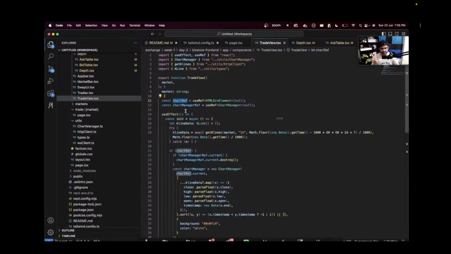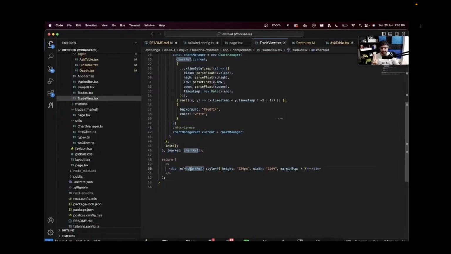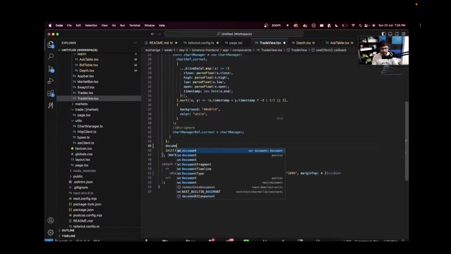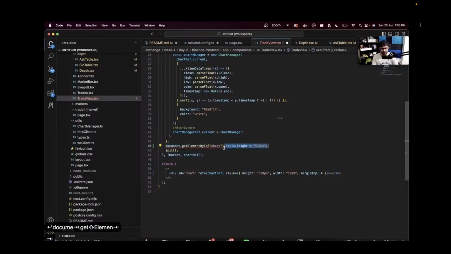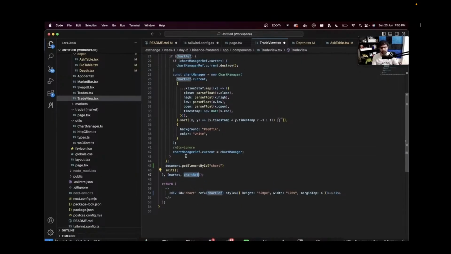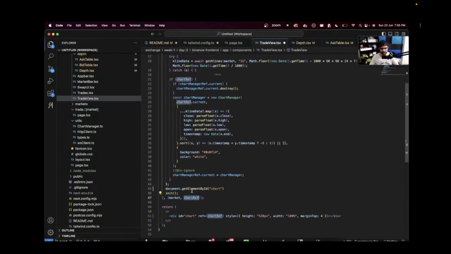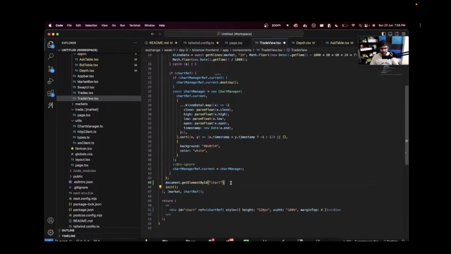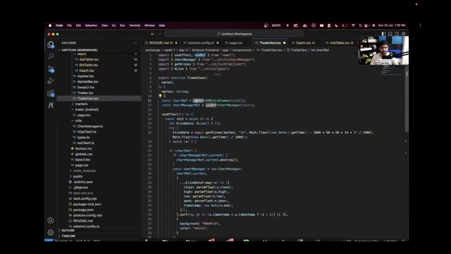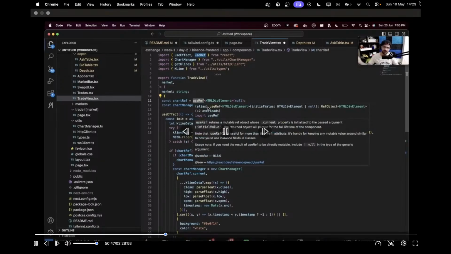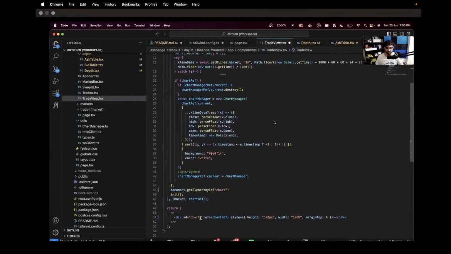Refs let you do two things. Number one, they let you attach to a div element. If you ever want to give an ID equal to, let's say, chart, and do document.getElementById chart to get the underlying DOM element, you can still do this in React, although you probably shouldn't, because you won't get things like the useEffect re-rendering whenever this dependency changes. The better way to do this is use the useRef hook. I repeat, use the useRef hook that React provides you. If you ever want to get a reference,